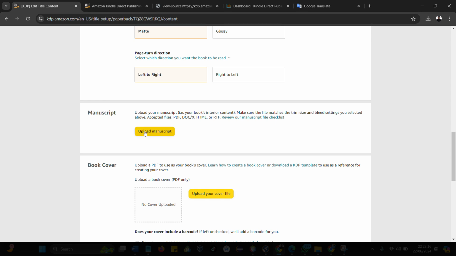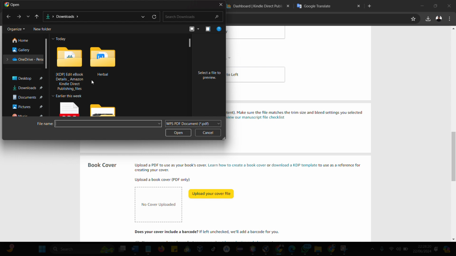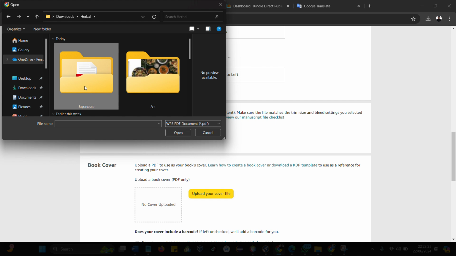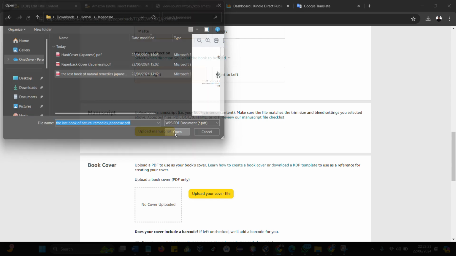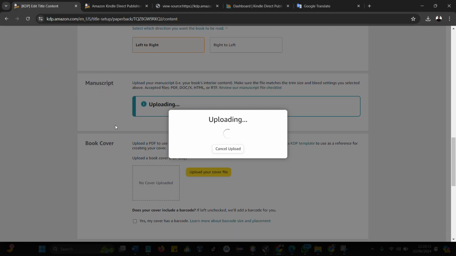So I want to upload the manuscript now. I will just click on upload manuscript. And then you remember that I already created a folder where I have all the Japanese files for this book. So I'll go to the folder and then I will upload the manuscript. I'll allow it to load and then also upload the